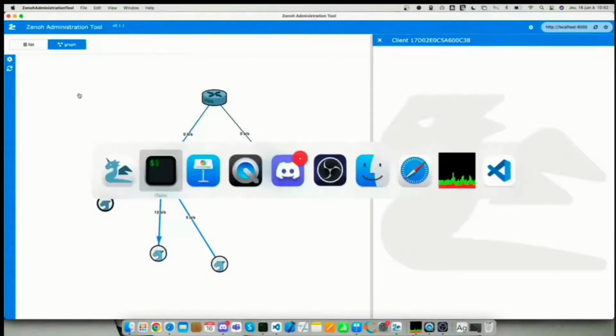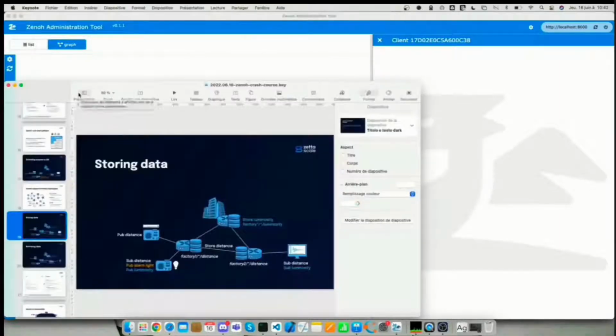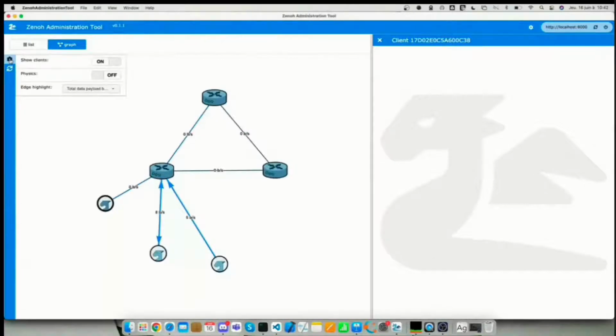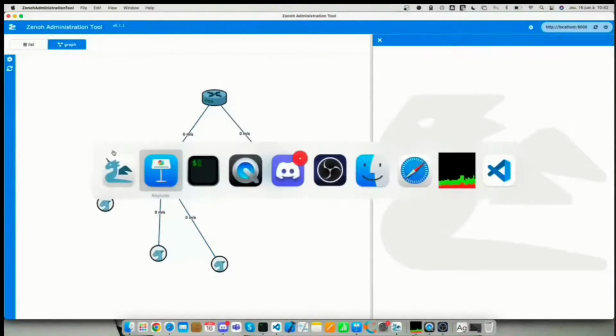Now that we have stored different pieces of data in different places in our system, the problem is, if I want to access, let's say, all the distance and luminosity from all my factories, I need to go fetch part of the data from the cloud, part of the data from each factory. Maybe those storages use different technologies. This starts to be very complex. So what Zenoh can do, and I can turn this to show, instead of the pub/sub data, let's display the queries. So there is no query happening now, but